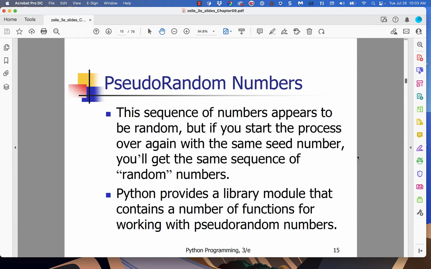The sequence of numbers appears to be random, but if you start the process over again with the same seed number, you'll get the same sequence of random numbers. So in some programming languages, if you're calling whatever function that you use to generate pseudorandom numbers, every time you run the program, you get the same random sequence. Well, for you and I, that doesn't seem all that random because it's very predictable. But in Python, okay, the Python random library module,